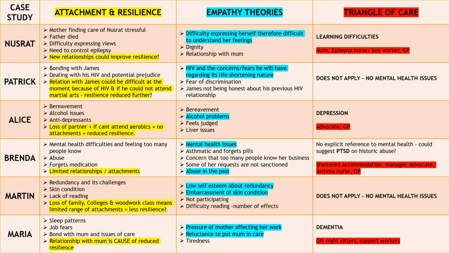And Patrick, again, he has attachments, he has connections with James, but maybe we could consider the fact that the HIV diagnosis could put a strain on their relationship, and that could affect his resilience. In terms of empathy, moving on to that second column,